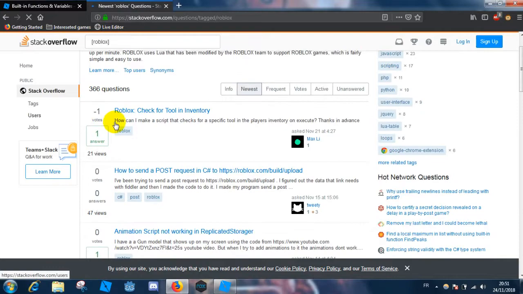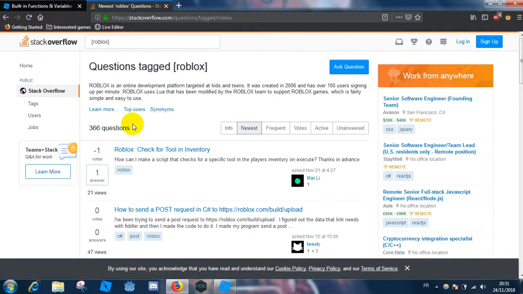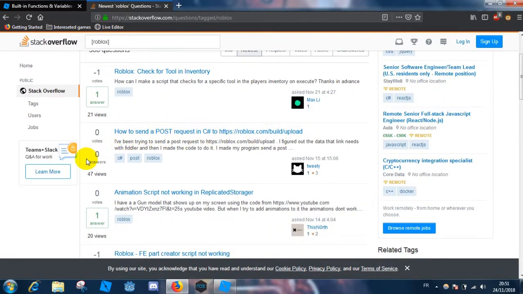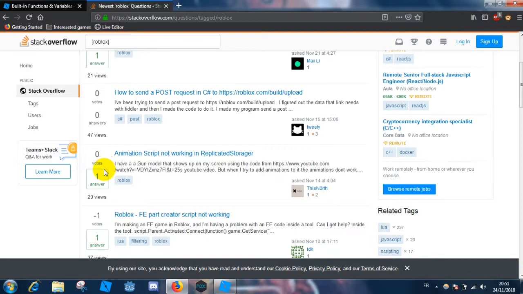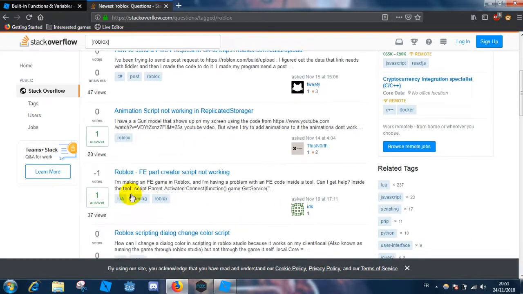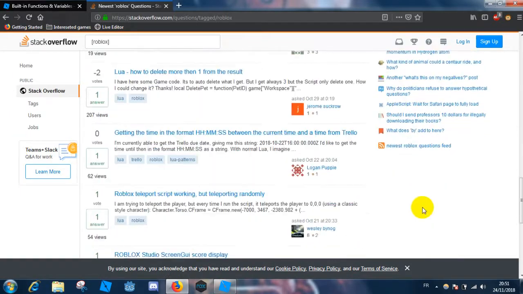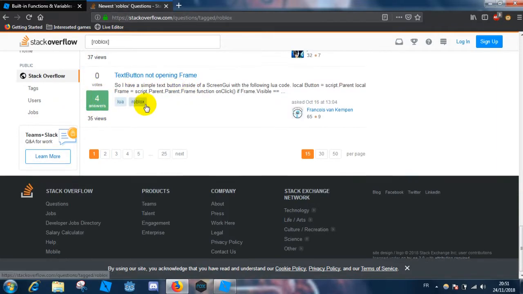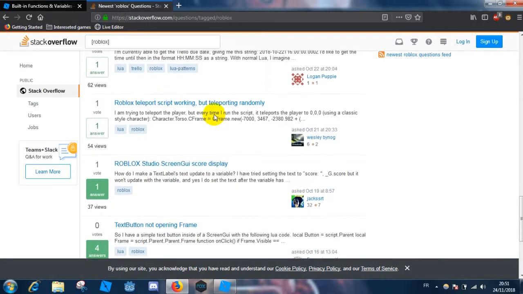As you see, there are some questions here in the Roblox tag. Roblox check for tool in inventory to send a post request. Animation script not working or replicated storage. Roblox FE park creator script not working and stuff like that. As you see, for example, this one has 4 answers,